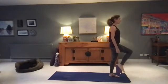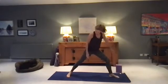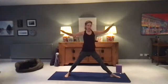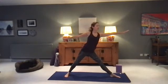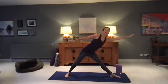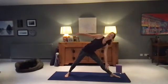Inhale, right leg steps back into Trikonasana. Lift up through the thighs, arms go wide, right hip back. Pull up through the kneecaps, side body long, so length between the hip crease and the armpit, and then tip. Draw the